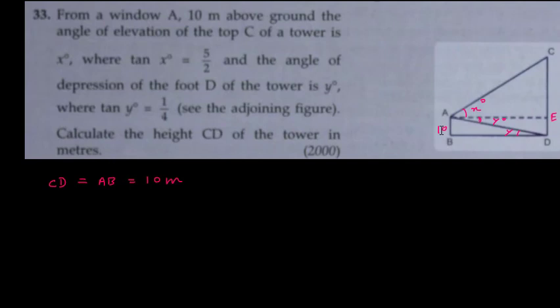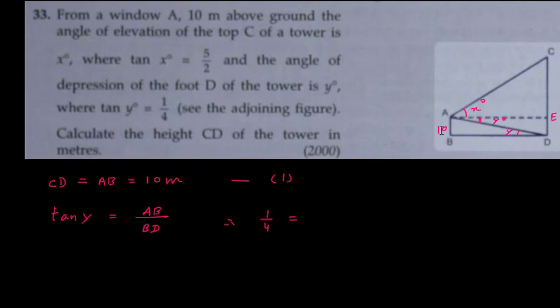Next I will apply tan. So we can give equations for each finding. I will say that tan of y is equal to AB divided by BD. So therefore tan y is 1 divided by 4. Now this 1 divided by 4 is equal to AB, which is 10,